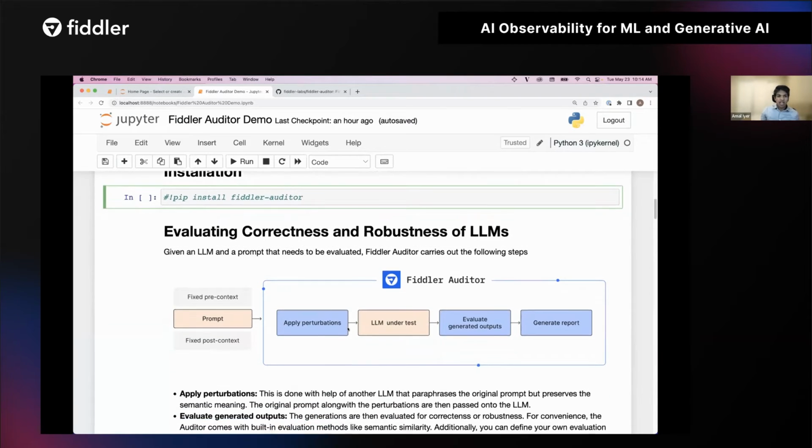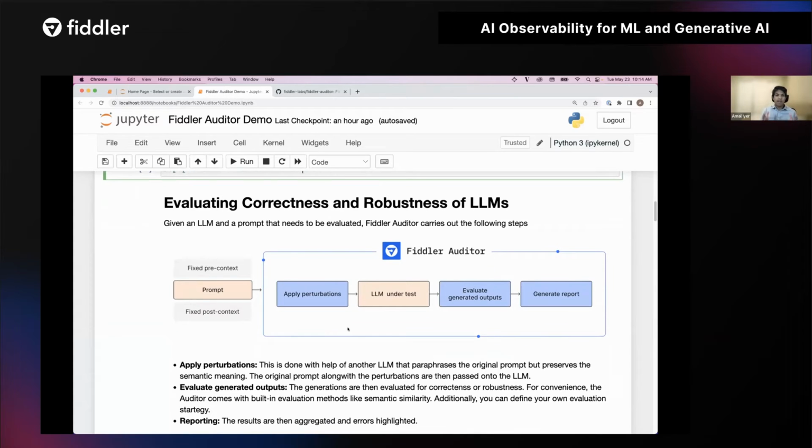Before I dive into the actual code, let me give you a mental model for the flow of data in Fiddler Auditor. Consider a case where you are evaluating an LLM for your use case, and you have certain prompts in mind. And imagine there's a fixed pre-context. It could be something that you retrieve from your internal database, or a pre-instruction like, please give me precise answers or be truthful, etc. And a fixed post-context, which could be things like, provide the output in JSON format.